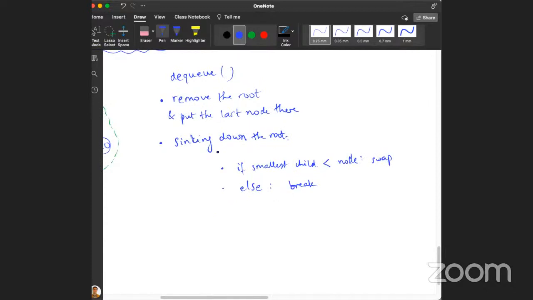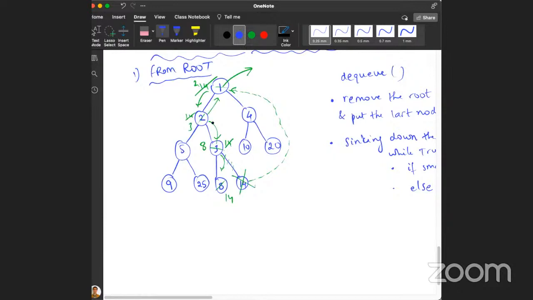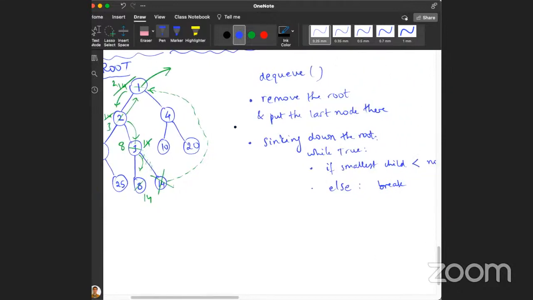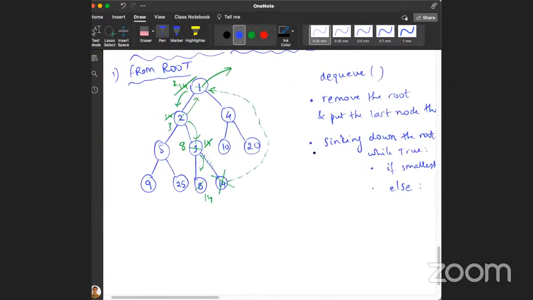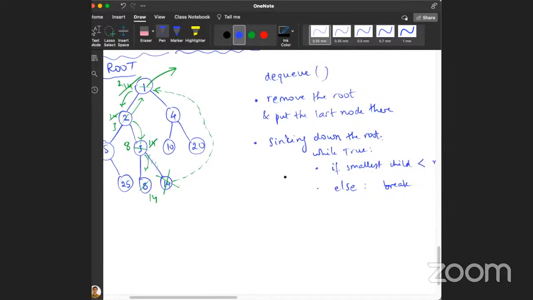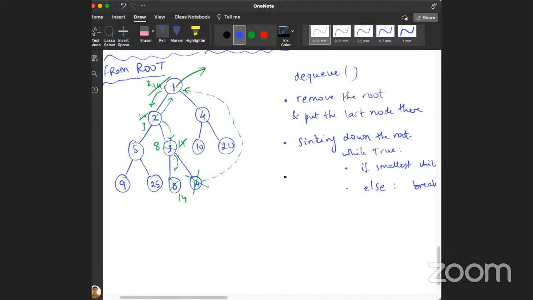And this you can do until you converge, right? Smallest child is less than this particular node, then you swap the two. And if it is larger than, then you can stop. Okay. That's it. So you understood